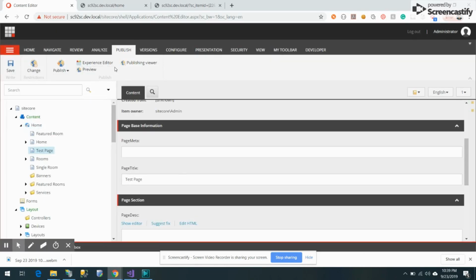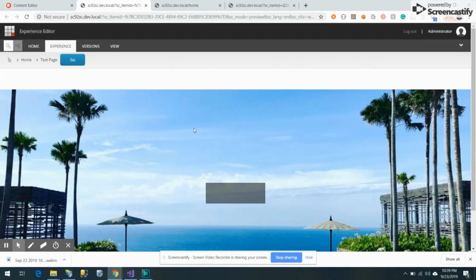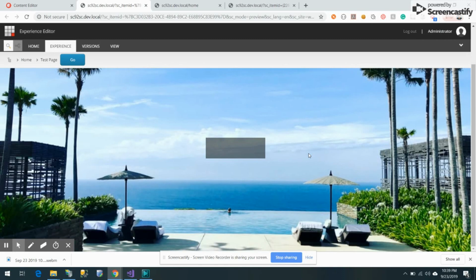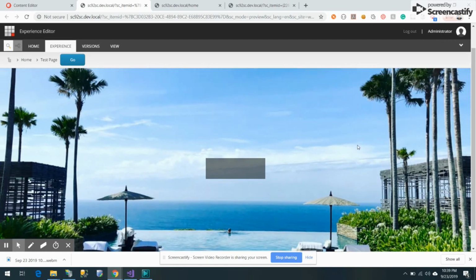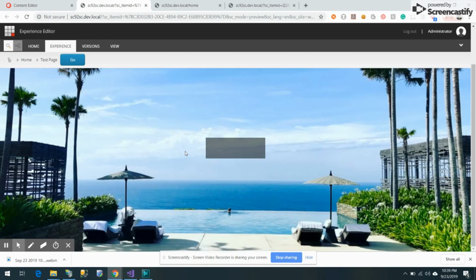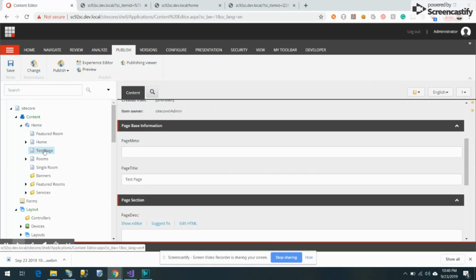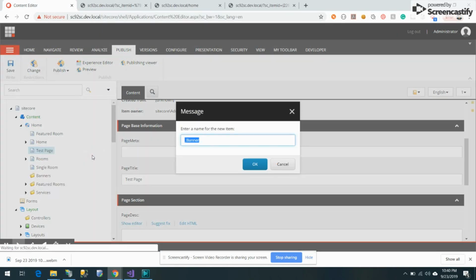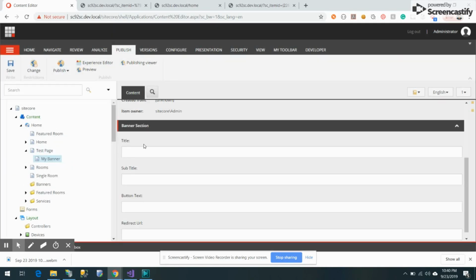So if you have test page, now if you go to preview of this test page, you can see this is the default content that's going to be shared all over the pages that we have. Right now we have a placeholder for the banner, so it is empty, and there is the background. By default we are going to provide the background as this image. So whatever you need to lego into this page, you can do that by, for example, right-clicking test page banner. So you can say my banner. In my banner you can say hello there,